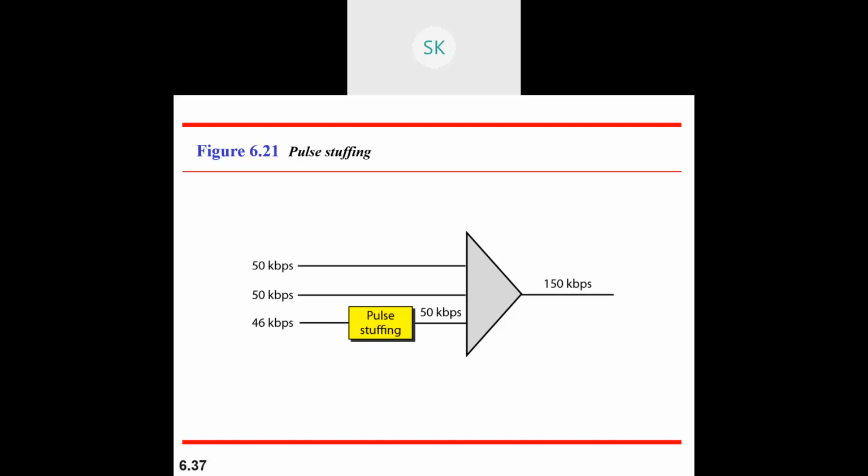How many channels are there? 1, 2, 3, 4, 5. Five channels are there. If you combine the first two, you get one more channel. One channel is more than enough to address these two 20 kbps channels. That's why I use multi-level multiplexing here. You use one more multiplexer to combine two channel data rates and get one data rate, which is again a multiple of the remaining channel data rate. That's the aim.